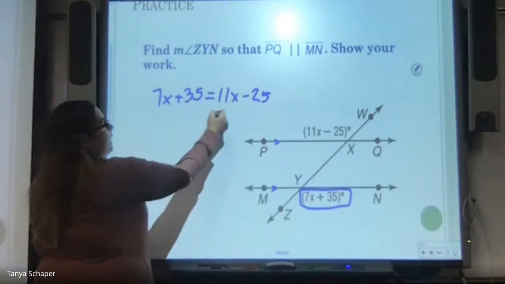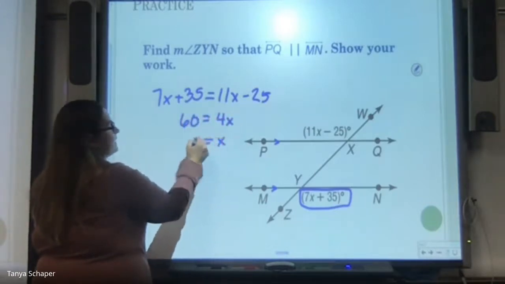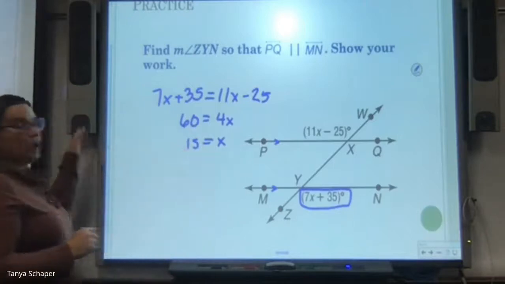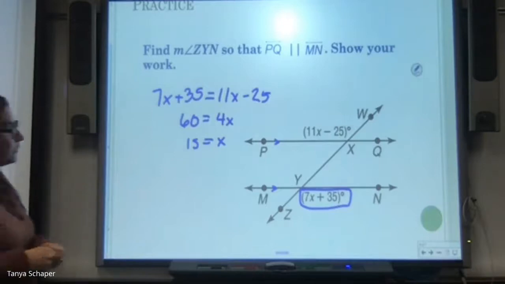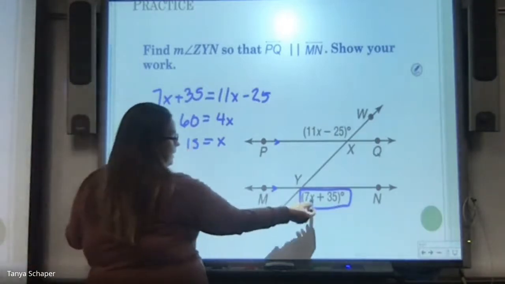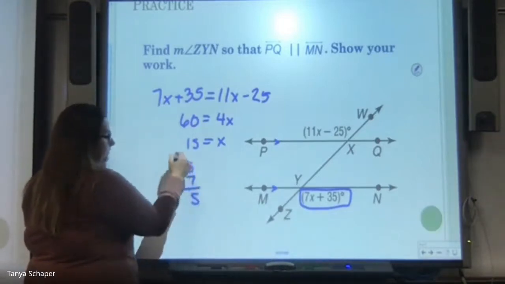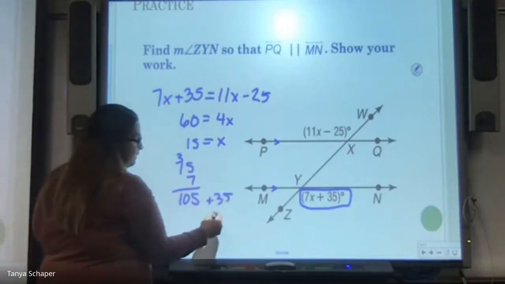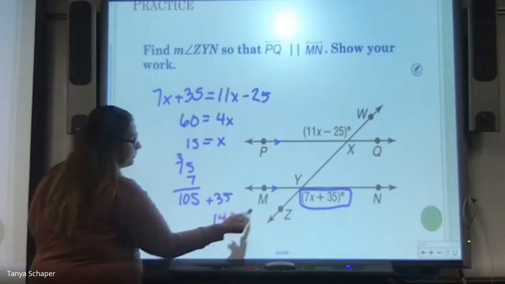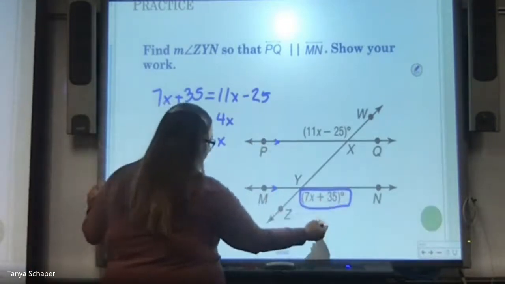And so I'll have that 4x is the same as 60, so x equals 15. I'm going to go back to my original question. It says find the measurement of ZYN. So I need to put 15 in for x. So 15 times 7 is 105 plus 35. So in order for these two lines to be parallel, the value of ZYN is